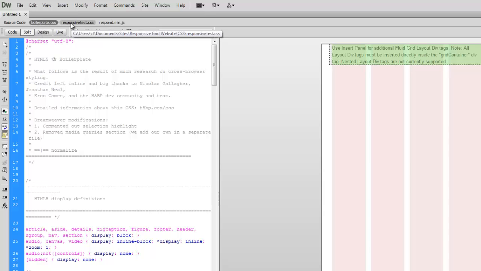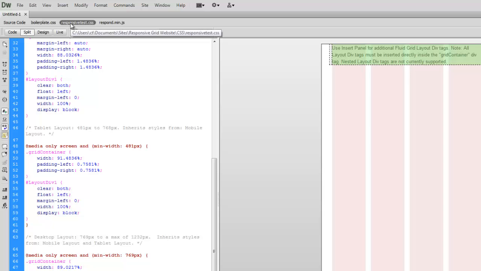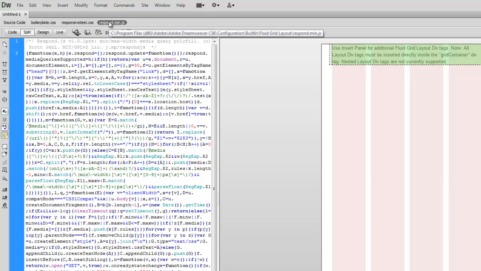The next thing it does is the responsive test CSS that I created, and it adds this respondmin.js. Now, this respondmin.js is a JavaScript file that is put in place to deal with issues with browsers that don't support the newest CSS, the media queries, which we'll talk about. That's how this works. And so this does a lot of the heavy lifting to allow older browsers the ability to utilize this site